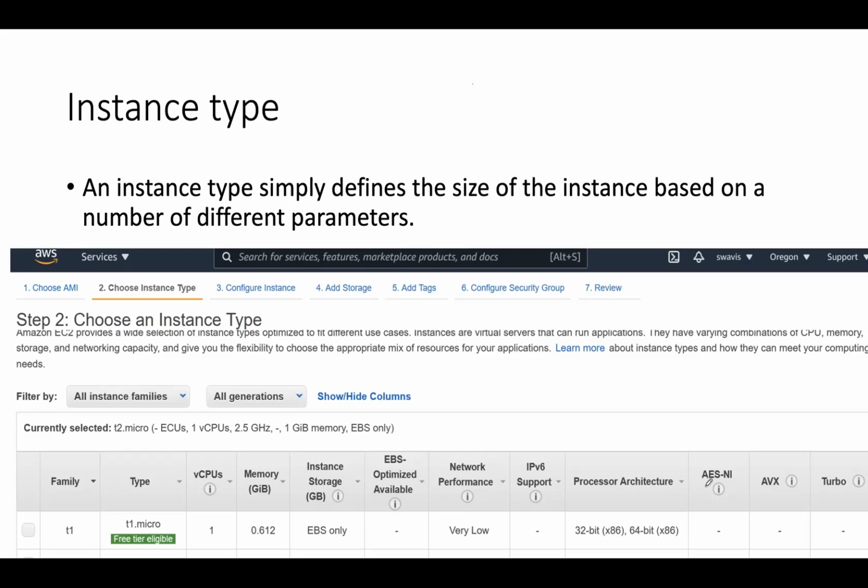And it shows if the instance supports enhanced data protection or not. Next, AVX. This indicates if the instance supports AVX,